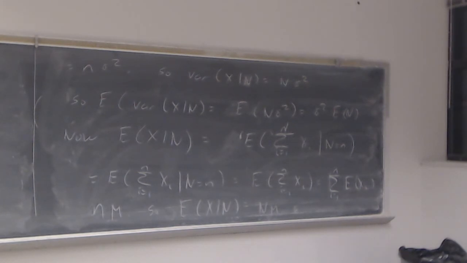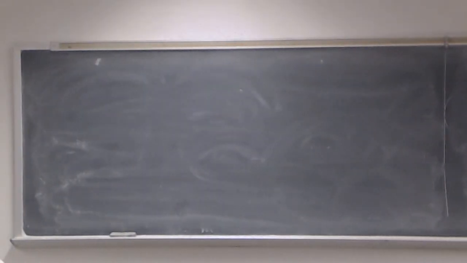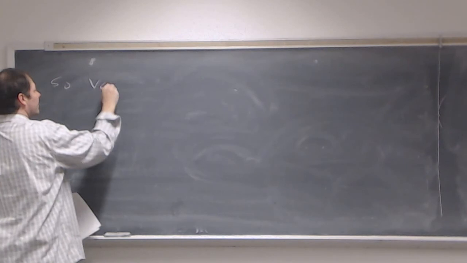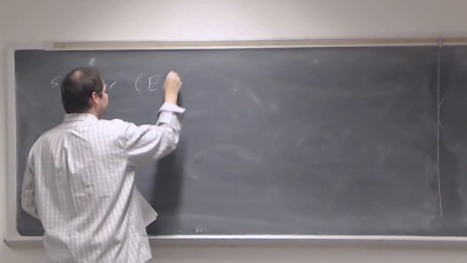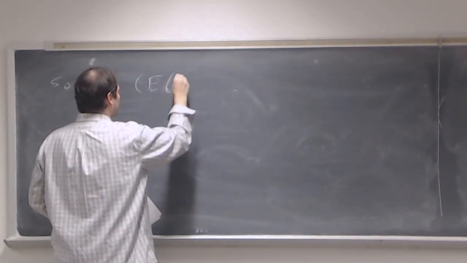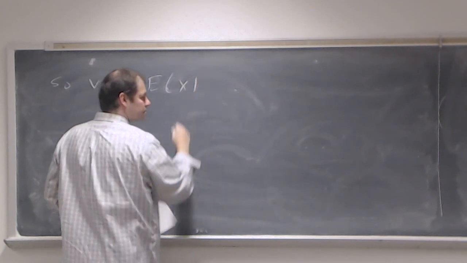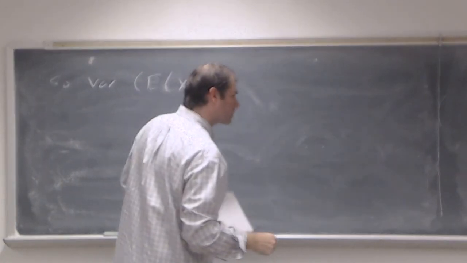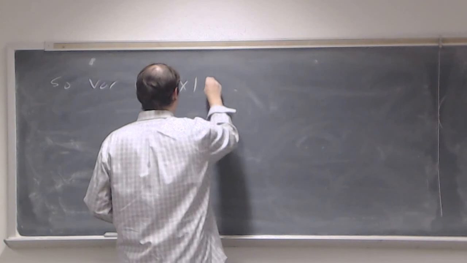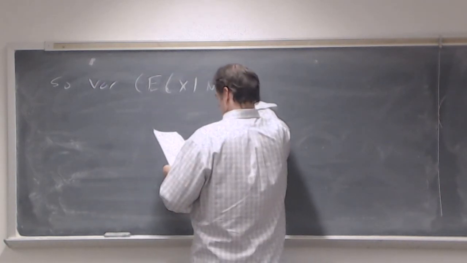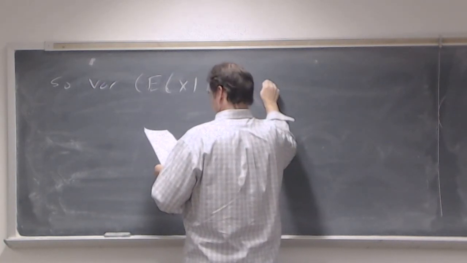Almost done. So the variance of the expected value of X given N is equal to